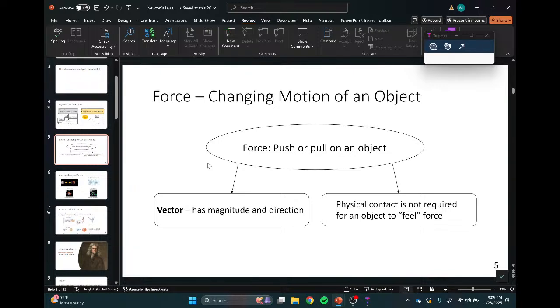In fact, every single force, fundamentally, there is no physical contact. I mean, yeah, so we'll talk about this in a bit, but fundamentally, nothing is truly touching. What does it mean for things to touch? We'll chat about that very, very briefly. Forces, push or pull. Really, really straightforward definition of it. That's the one we're going to use.